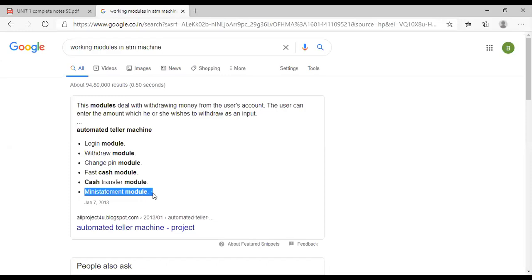So with the help of this module, it will generate the statement of the transactions that you have performed, isn't it? So when I want to develop an ATM system, these are the different modules, okay, which belong to the ATM software, right? Similarly, if you take any other project, the whole project cannot be constructed at one glance.